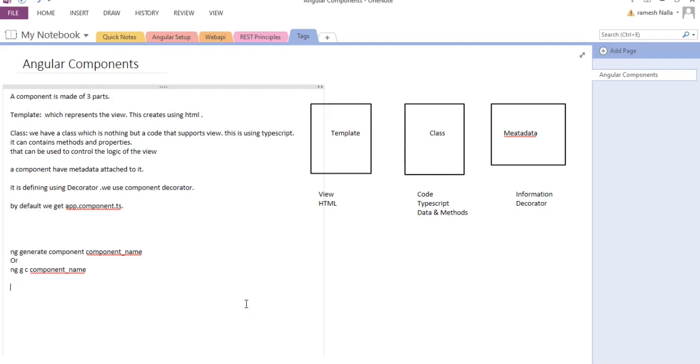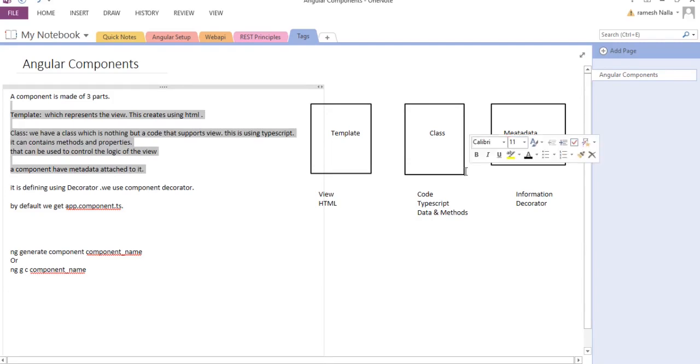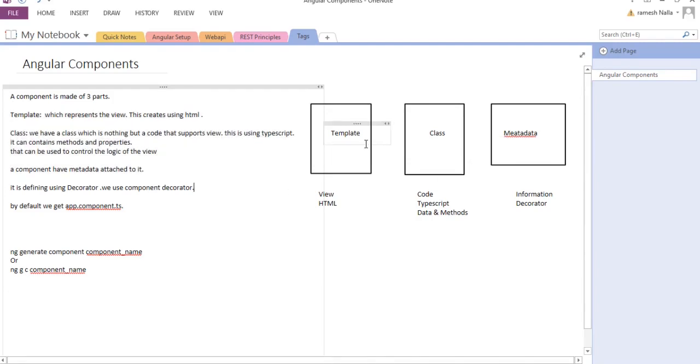As you see in this document, the template represents the view, the UI, and it is created using HTML.